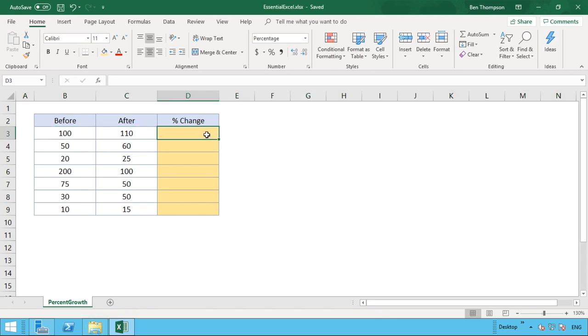To do that calculation, it's really quite straightforward, but we'll break it down into two parts just to make it clear. The first thing we want to do is find what the number difference is. In order to do that, we can simply do our equal symbol and some basic arithmetic in here. So we do equals, and then the after or final number, and we just minus the before number from the after number. And when we hit enter,